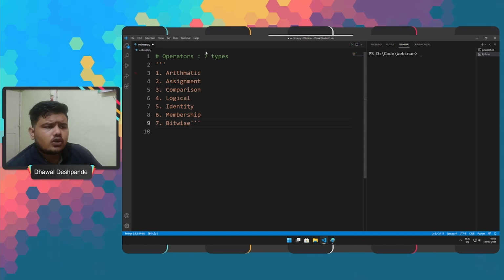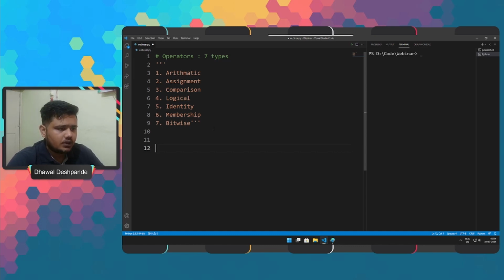So when we talk about arithmetic operators, all the mathematical operators that we have, like addition, subtraction, multiplication, division, these are the 4 basic arithmetic operators. Apart from these 4, there are 3 more. I'll list the other 3, the extra 3 that we come across. First one is modulus, second is exponential, and the last is floor division.